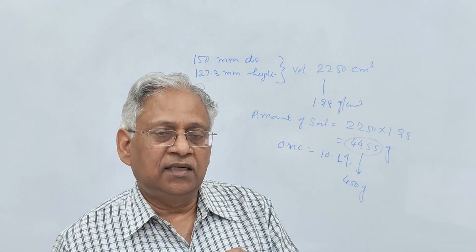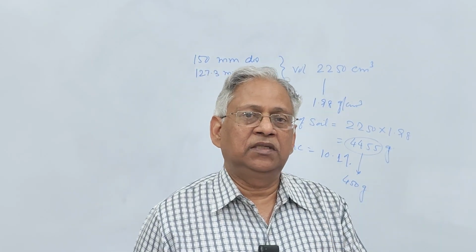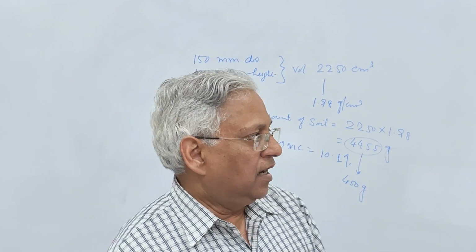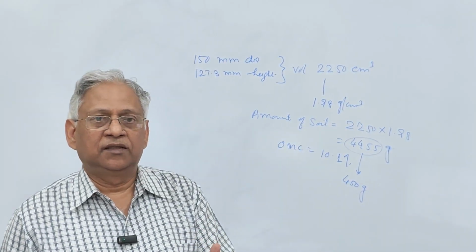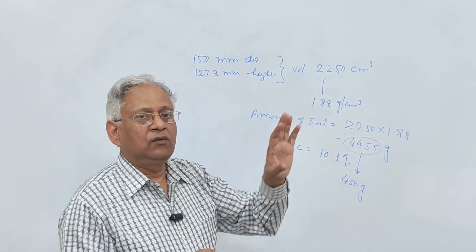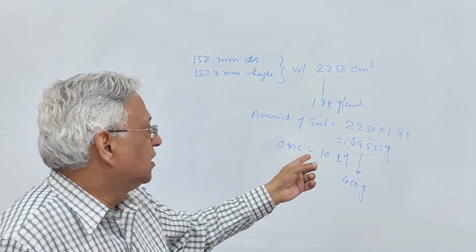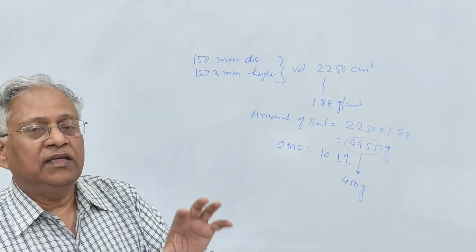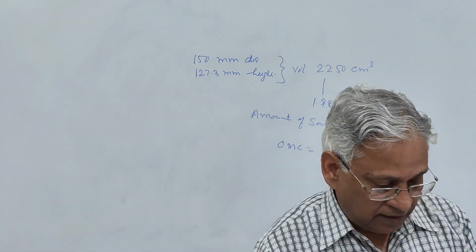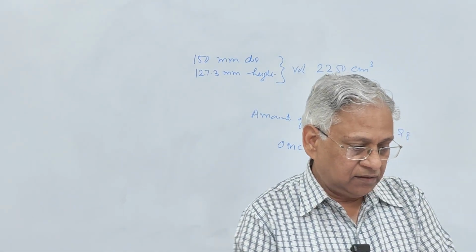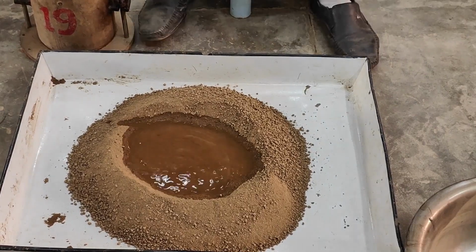But what IRC 37 suggests is that the CBR mold should be compacted using static compaction. And in case of static compaction, as I told you, you know the maximum dry density, you know the volume of the mold, calculate how much amount of soil will be required to prepare the specimen of 127.3 millimeter height. So you now have the exact amount of soil and exact amount of water. In case of static compaction, you take exact amount of soil and water, mix it properly as we have done in case of dynamic